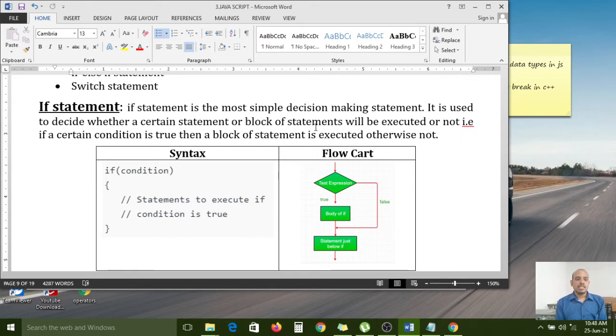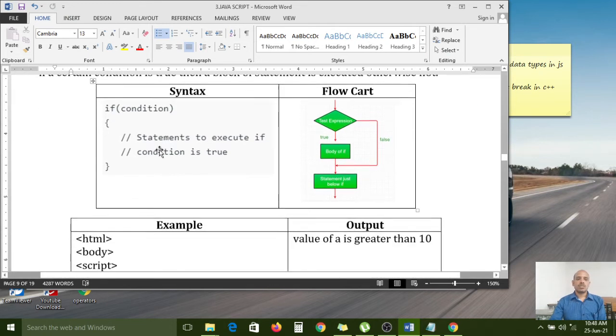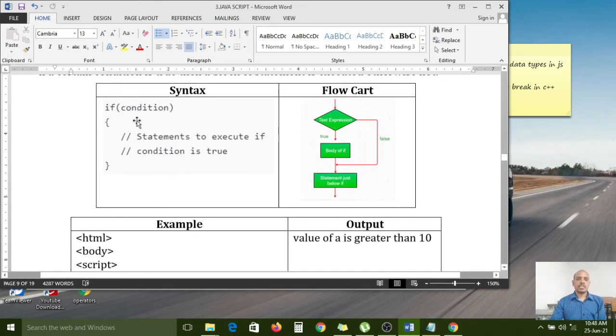So if a certain condition is true, then the block of statements is executed. Otherwise, the block of statements will not be executed. Carefully observe the condition here. This is the syntax. In between the opening and closing brackets, whatever statements you want, you can write inside the block.